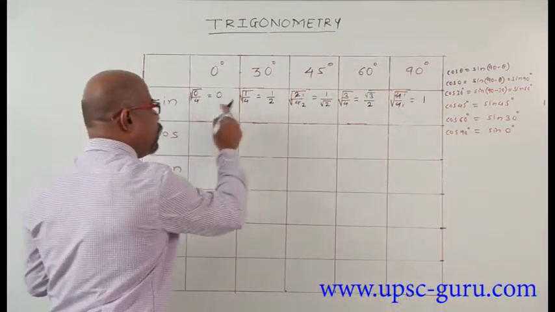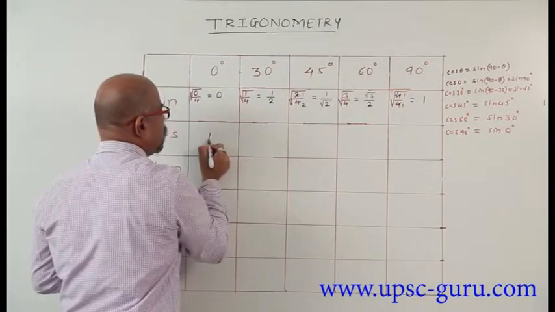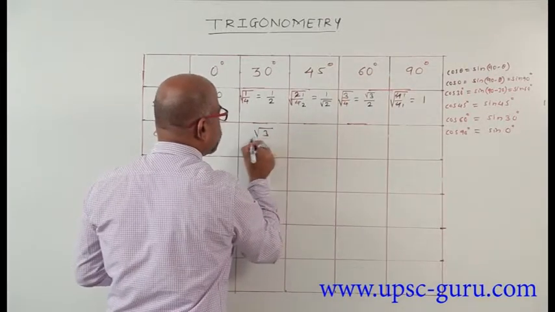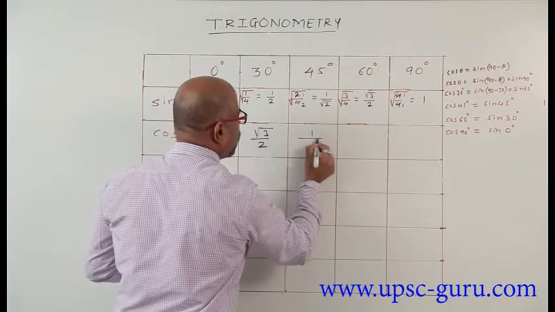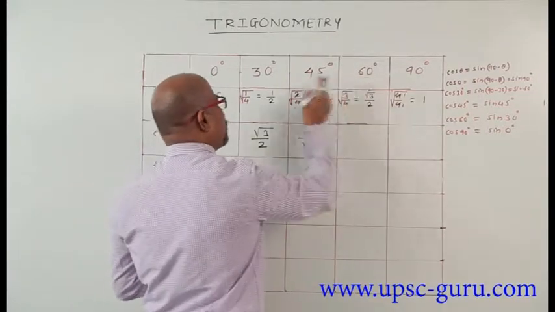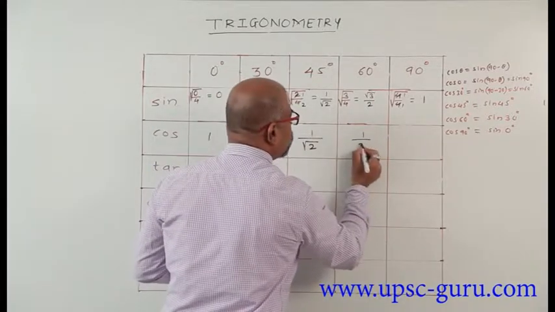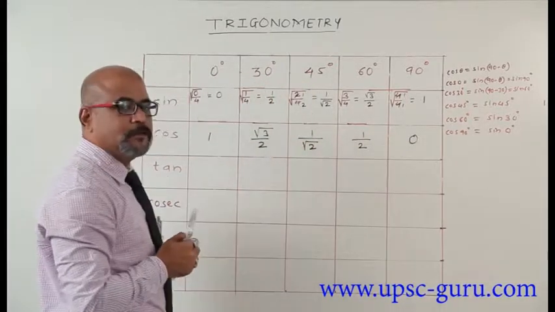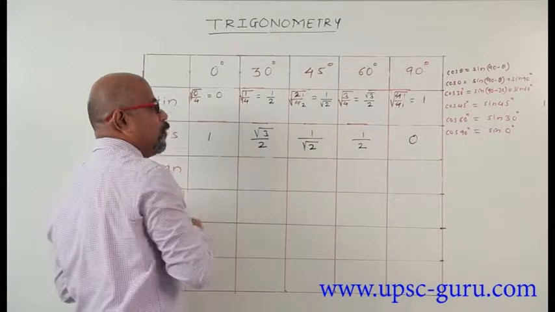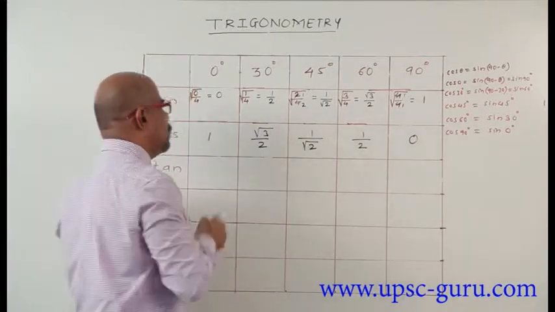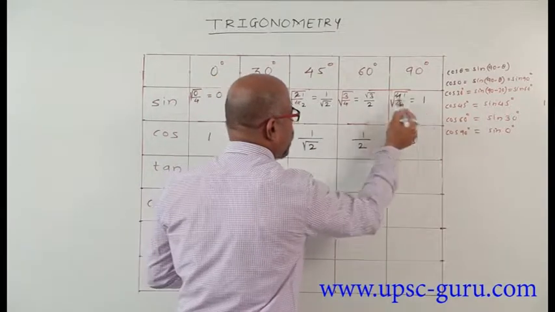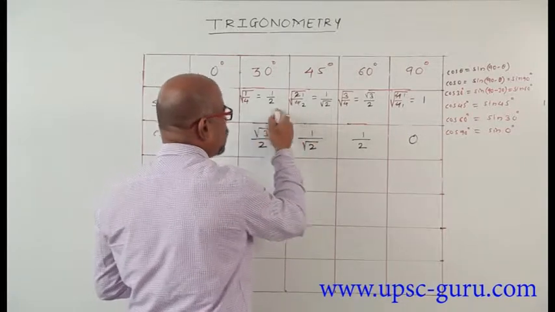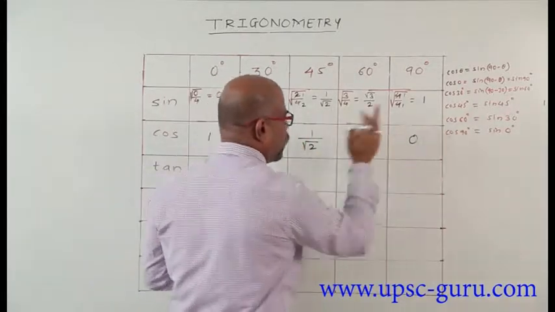That means cos 0 equals sine 90. Here we write 1. Cos 30 equals sine 60, root 3 by 2. Cos 45, sine 45 equals 1 by root 2. Cos 60 is nothing but sine 30. We get 1 by 2. And cos 90 equals sine 0. That gives you 0. That means if we check the values of sine and cos, they are in opposite order. Sine is 0, 1 by 2, 1 by root 2, root 3 by 2 and 1. Here we get the opposite order, that is 1, then root 3 by 2, then 1 by root 2, then cos 60 is 1 by 2 and cos 90 is 0.